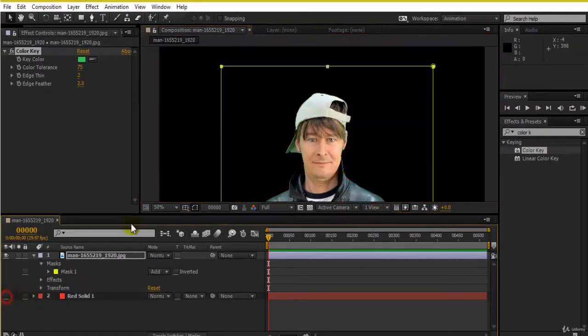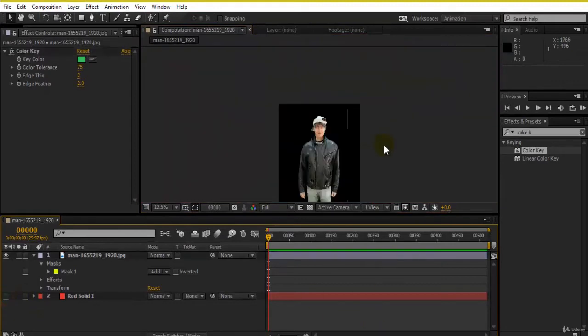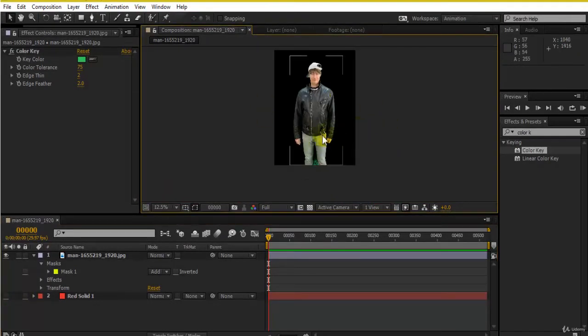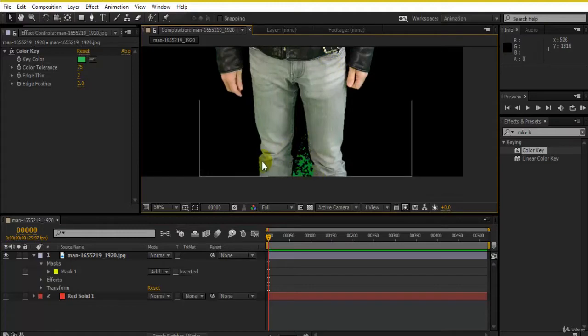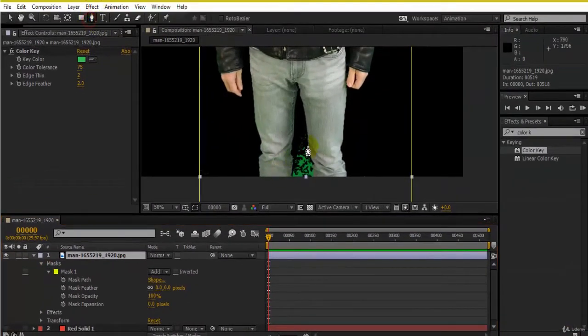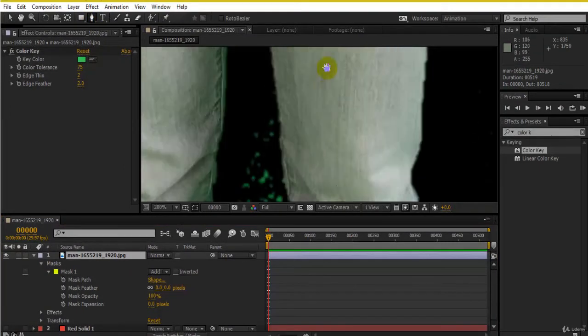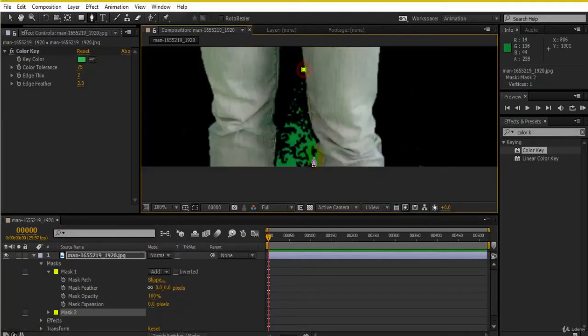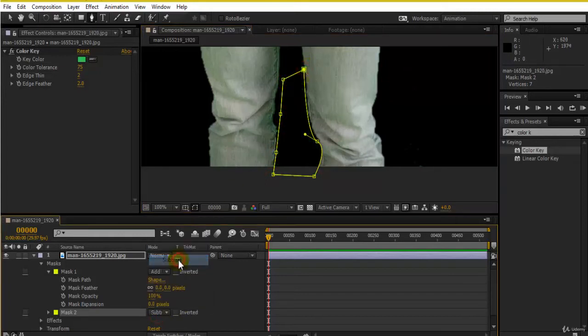Always create a background in order to view how your compositing is looking. Now in this area over here, again you can go to mask here and add a mask also, so that this eliminates this area, and this green is no more in existence.